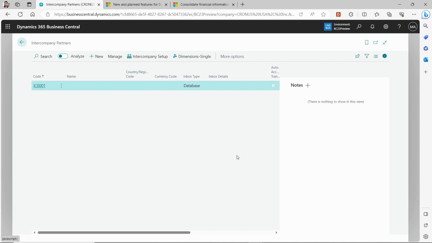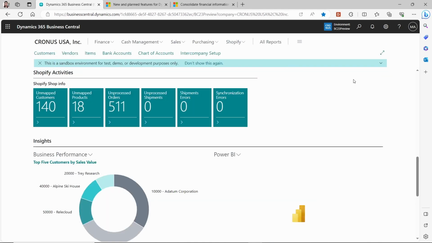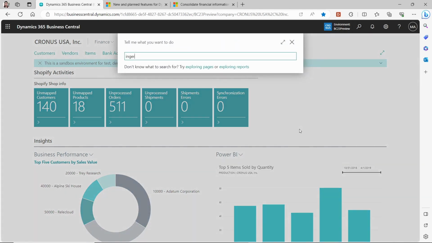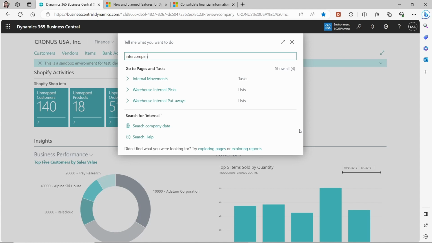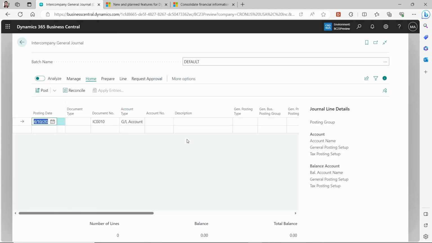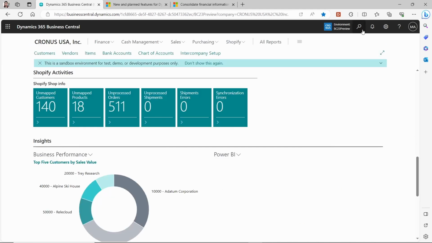And also there's some improvement for the intercompany approval process for these intercompany transactions. Sometimes you have to do transactions other than the purchase and sales documents for intercompany. If it's only at the GL level, then usually you can use the intercompany general journal. In this intercompany general journal, in order for a different environment or different company to have control over the transactions going through an approval process, Business Central added this intercompany approval process to its